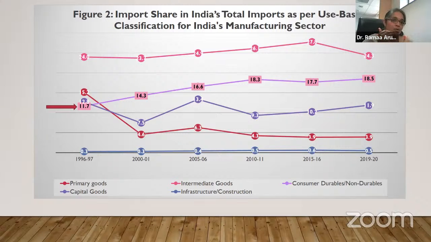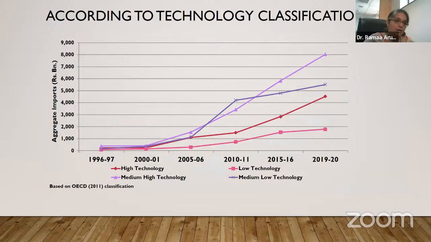But the consumer goods sector is something which is the finished products. So when one sees domestic production of finished products being replaced by high imports, due to the high import dependence, that's where the thinking starts. So just to have a comparison in terms of the technology classification, I have taken the OECD classification, which is